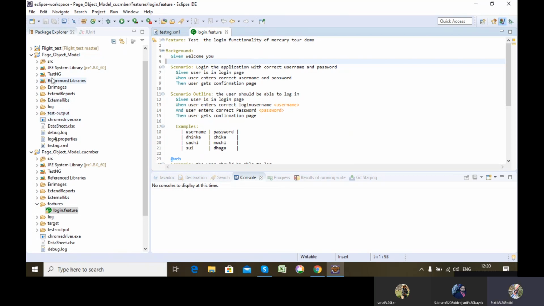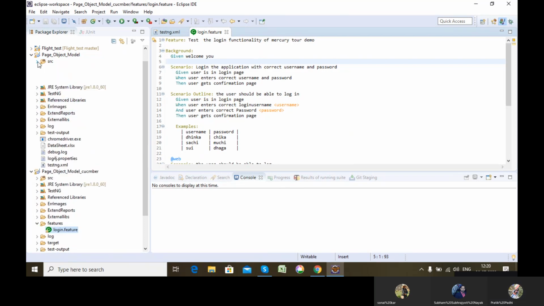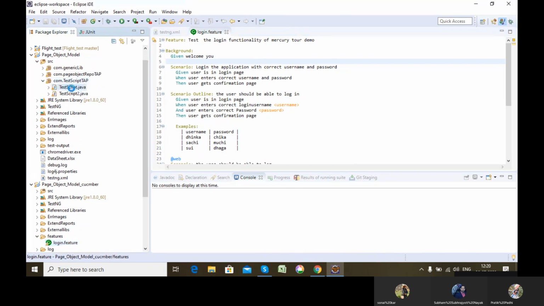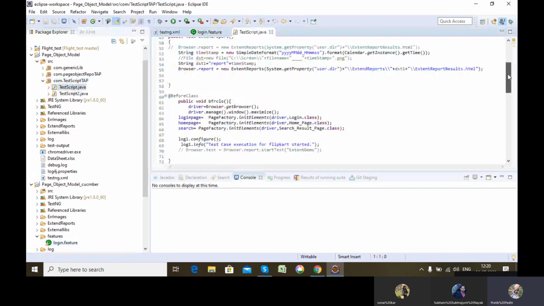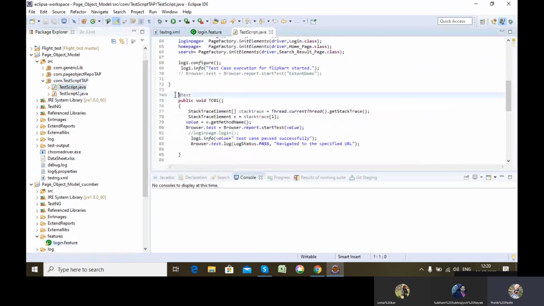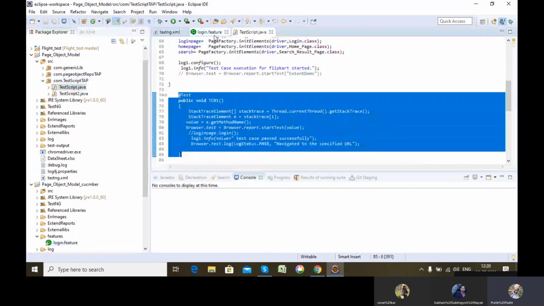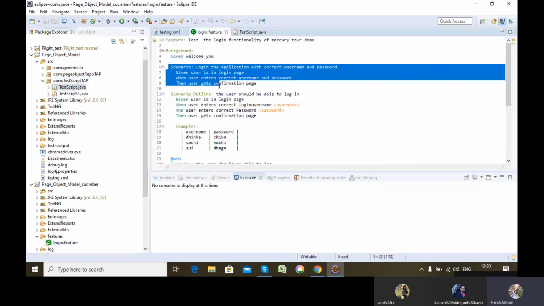In TestNG, you write a test in @test, the test case you have to execute. But here you are writing it in a scenario.